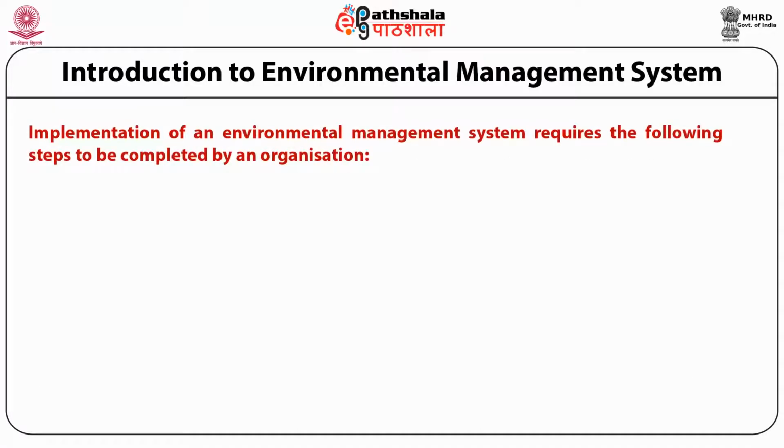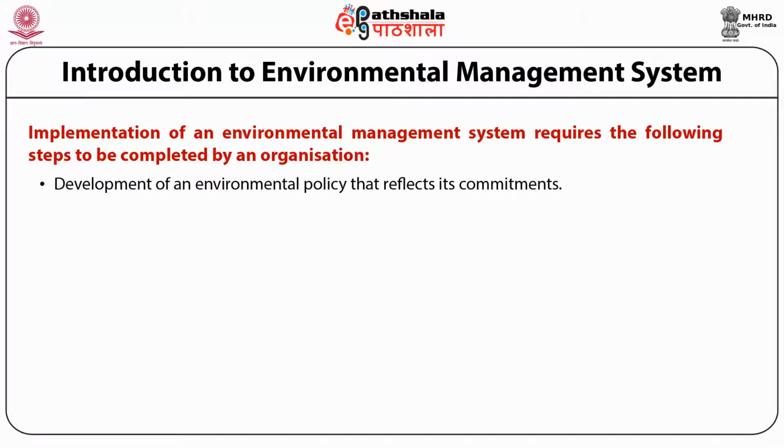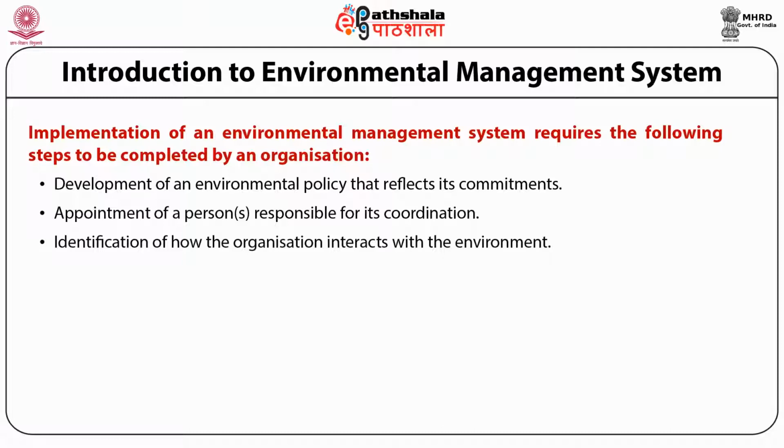Implementation of an environmental management system requires the following steps to be completed by an organization. Number one, development of an environmental policy that reflects its commitment, then appointment of a person responsible for its coordination, then identification of how the organization interacts with the environment, then identification of actual and potential environmental impacts, then identification